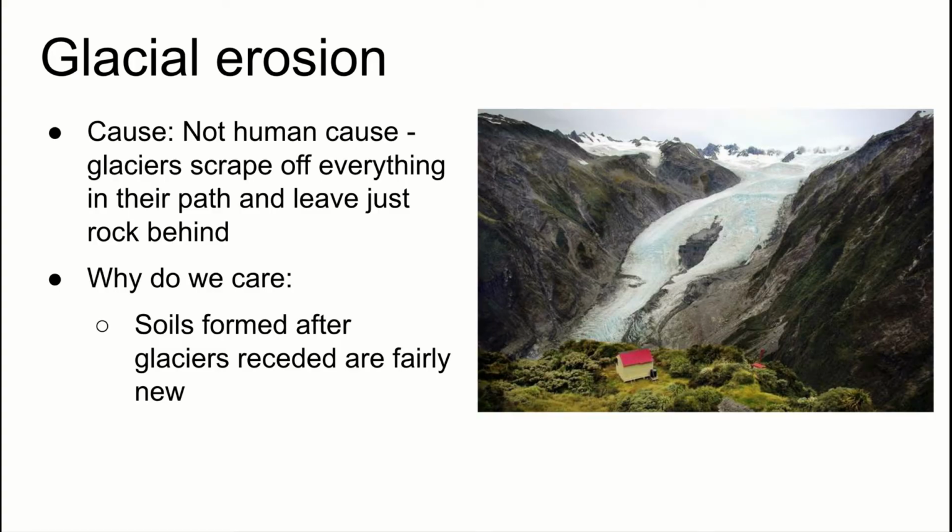Soils close to the equator in our tropical rainforests, those are extremely old. The last time a glacier was there was when the continents were in an entirely different configuration. And so, since those soils are so old, they don't have new minerals being returned into them from new parent rock material, which means that our oldest soils tend to be more nutrient depleted than our newest soils. And we can tie that into glacial erosion in terms of the timing of where do we see new versus